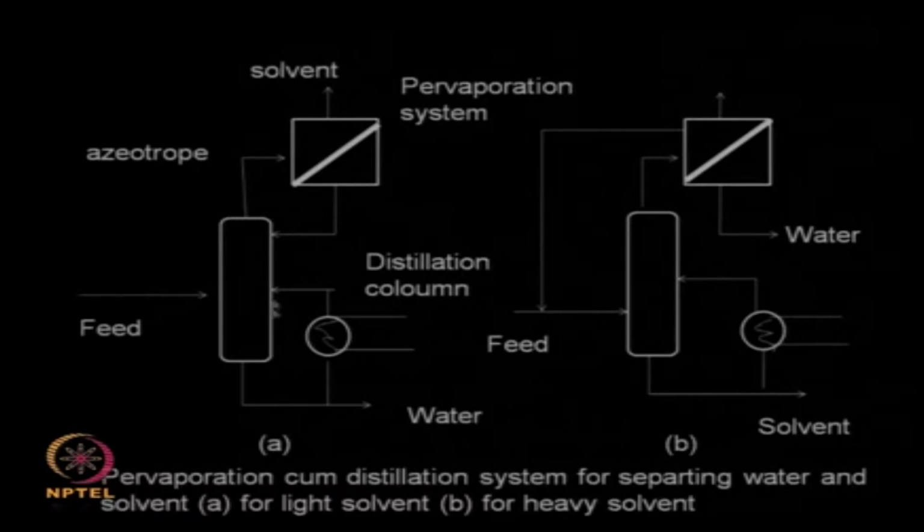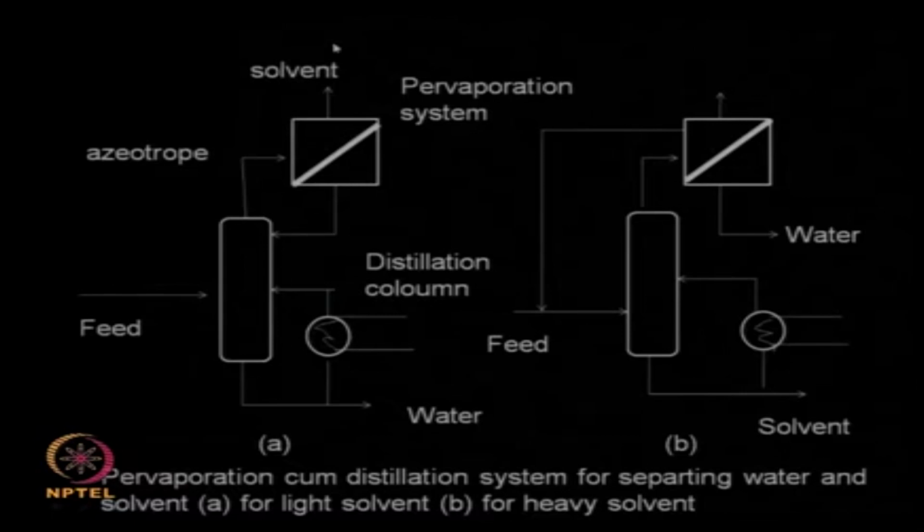So you have the distillation column, you are introducing the feed here, and then this is the boiler, the boiler material is being heated up and fed up. Now if it is an azeotrope, obviously you will have a constant boiling system, then you will be in trouble, and as I mentioned before, you may have to add an entrainer. So instead of that, if you pass it through a pervaporation system,